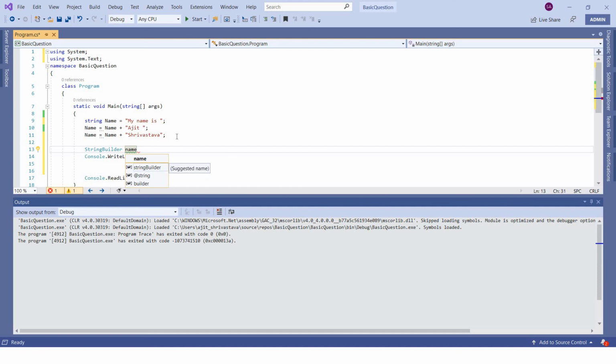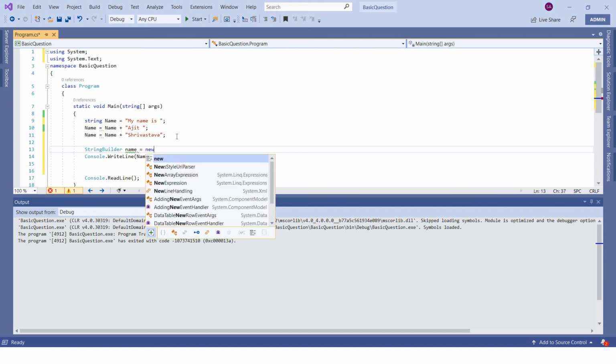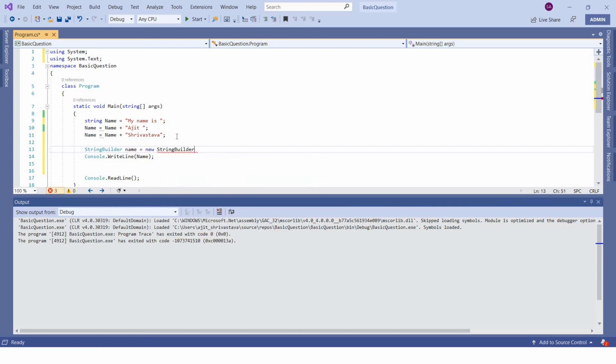StringBuilder name equals new StringBuilder. As and when you write this command, it's same like you are typing string name equals blank. That means it will internally create a string with value blank.